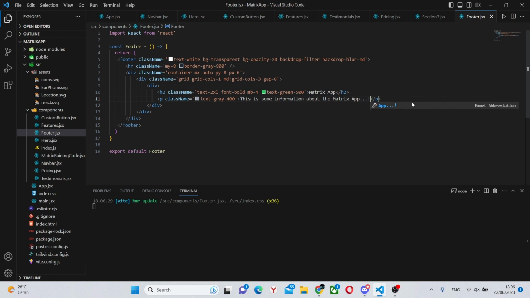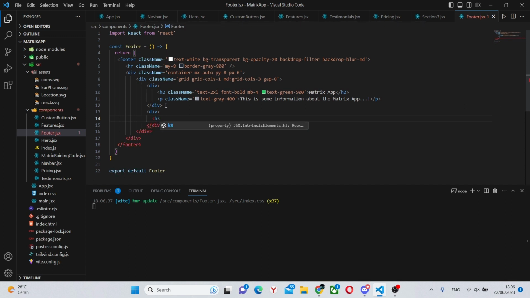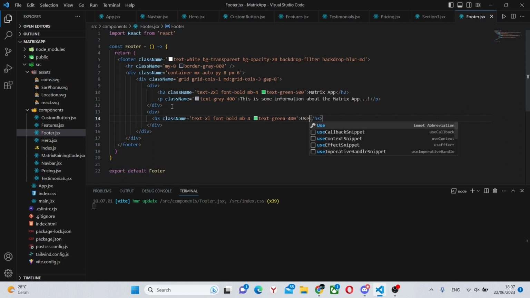Alright, so now this is done, we can actually go out of this div. Next part is going to be the links. So we can have another div in here with an h3, which will have a class name of text-xl, font-bold and mb-4, text-green-400, and it will say useful links.